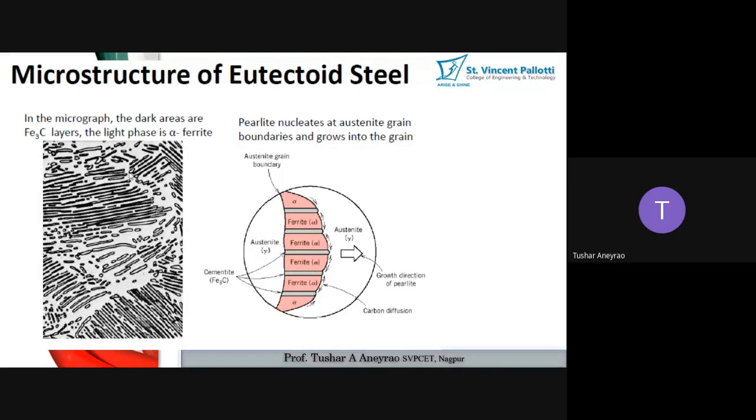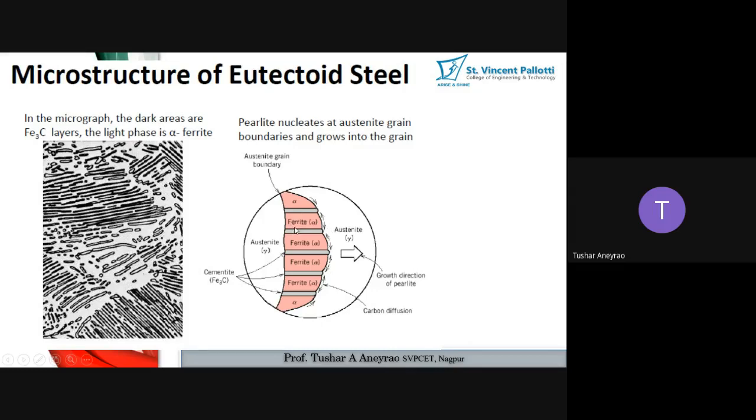0.008%. Okay. So the same type of mechanism is going to be followed here also. Here also, due to the nucleation of the alpha ferrite phase, there will be a rich supply of carbon to the adjacent layer which is already in austenite, and due to which the Fe3C crystals, that means the cementite crystals, are also going to nucleate and grow along with the alpha ferrite crystal.